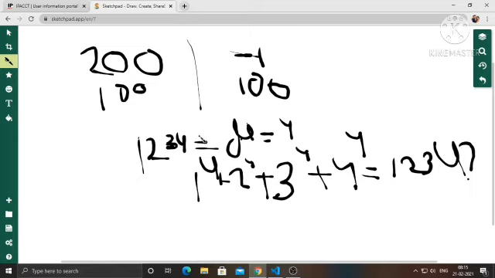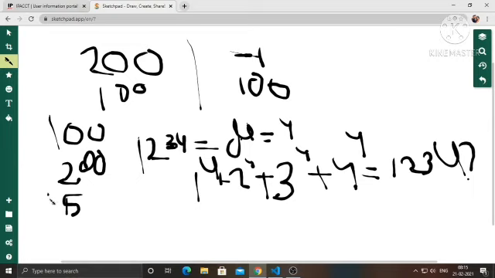So we have to print the number in the range 100 to 200, and the output will be 153. I hope you have all understood the logic. Now I will take you to the coding part.